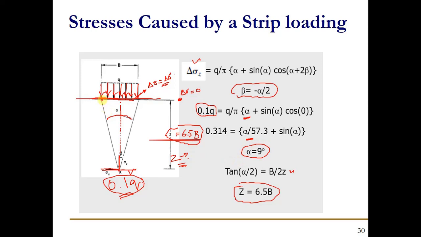Then we can use basic trigonometry here, that the tangent of alpha by 2, this is the alpha by 2, is equal to